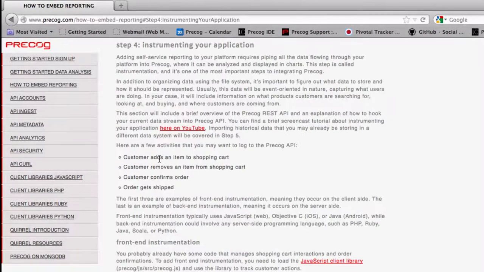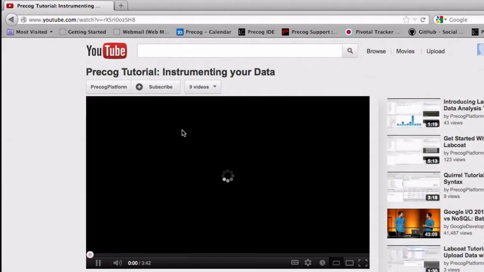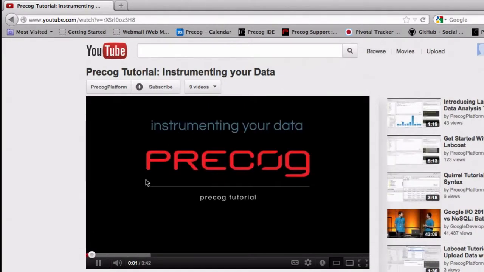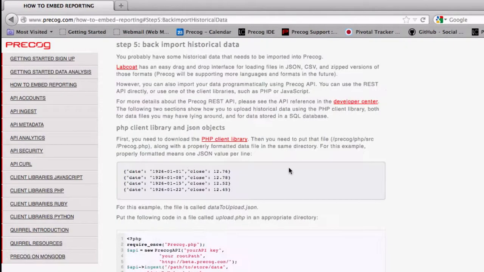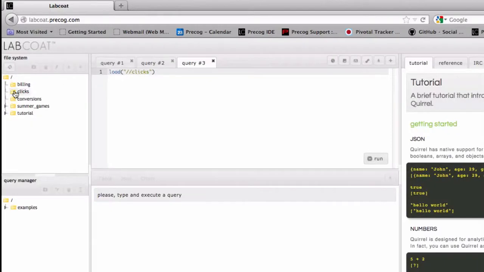Step 4. Instrument your application. Adding a few lines of code can get data you're already generating streaming into Precog. For a screencast, see this link to YouTube. Step 5. Back import historical data. The easiest way to get historical data into Precog is through LabCoat's drag and drop interface, but the guide covers